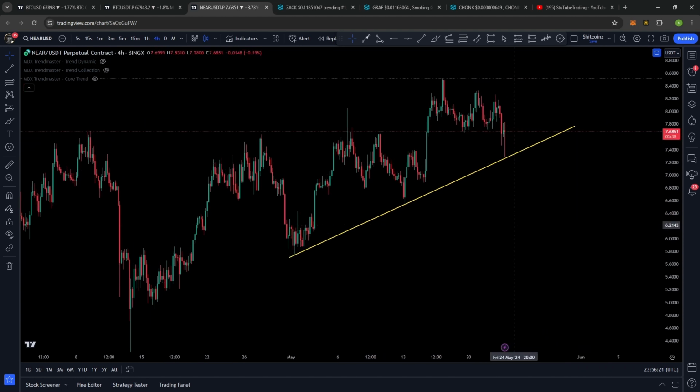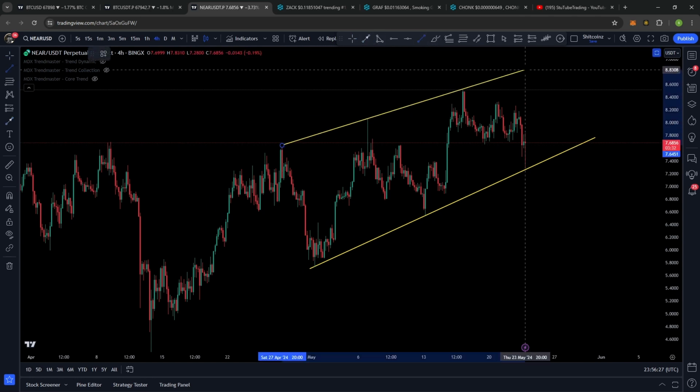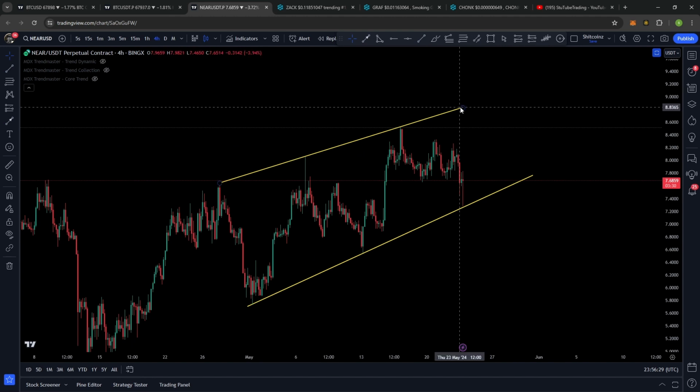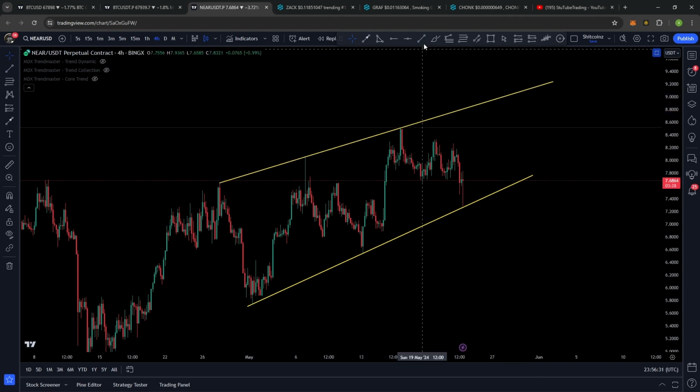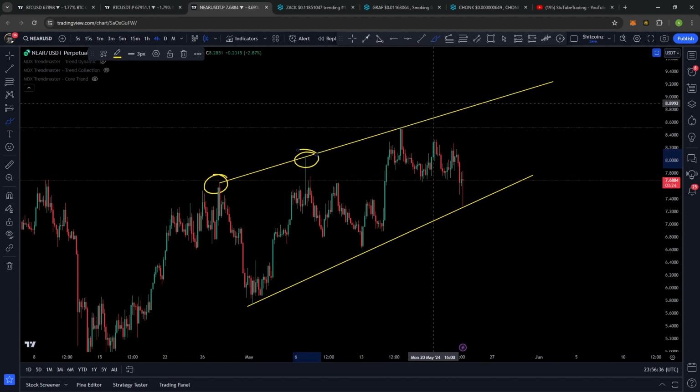Actually, that was beautiful right there. Just a little freestyle in here. Holy smokes. Yeah. I find so often that exact wicks end up predicting where a third touch point is going to be. And again, I